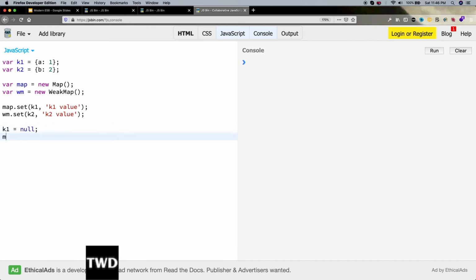But now let us check what is remaining in the map. We can do a forEach loop also. Just as we have done a for of loop, we can do it because they're iterable. Function val key. So we had done K1 equal to null, so it should have removed that. We'll soon see it doesn't remove it, because it is still there in the memory.